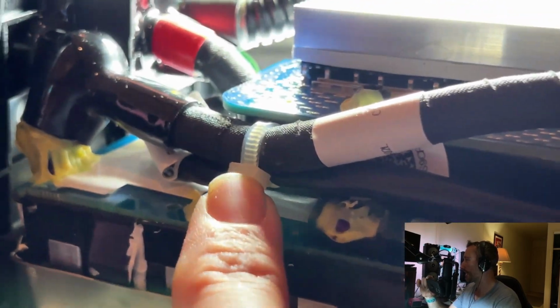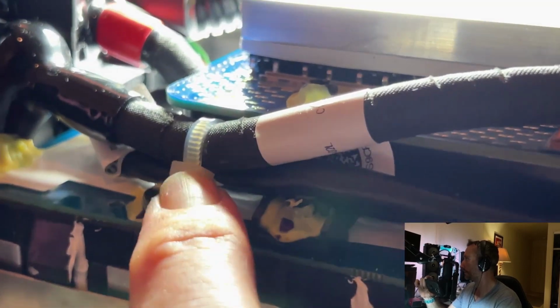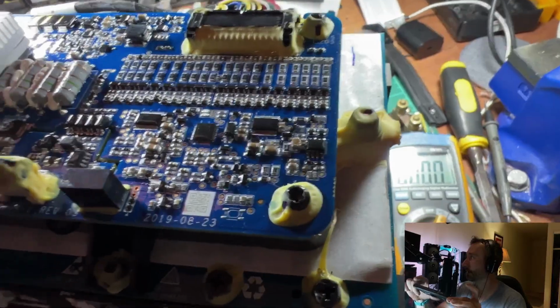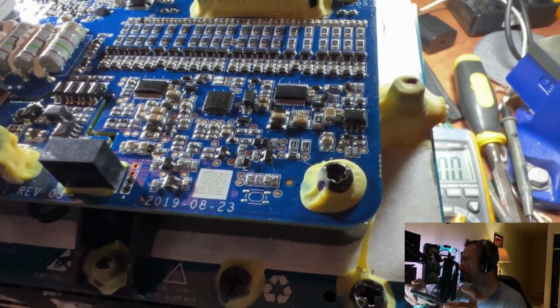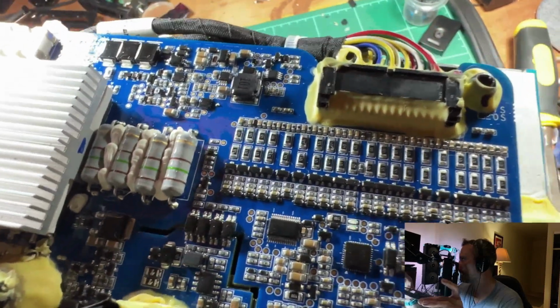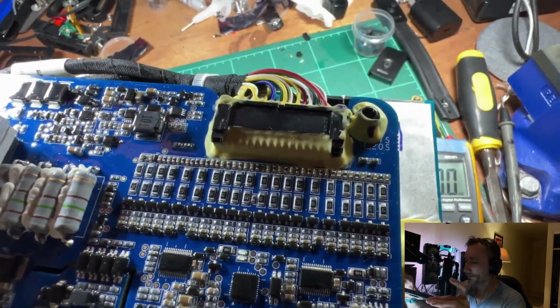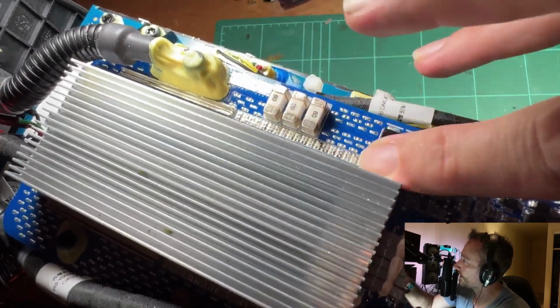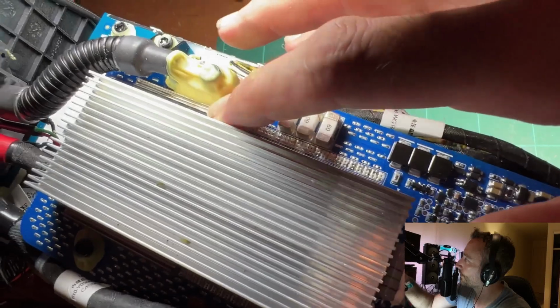And we can also see the cables while we're down here, nicely zip tied in place. More sealant on screws on this bottom board, which again I think is just an interface from the actual cell connections up to this main board. But yeah, it is a quality board. It's all really well laid out component wise. It's got that nice conformal coating. Everything's held down nicely, and more beefing up of the current carrying capability of the board with another bar of